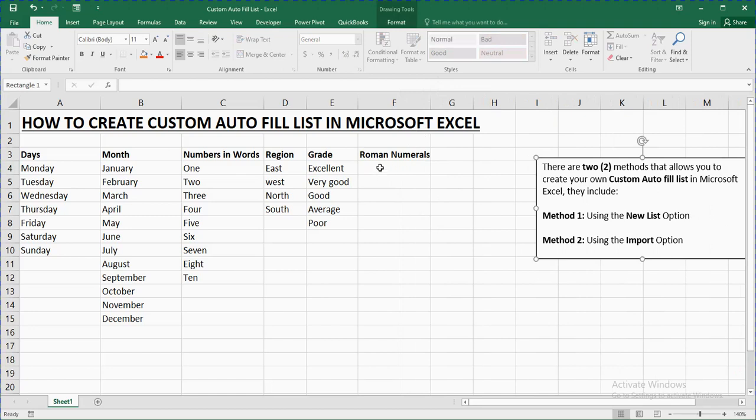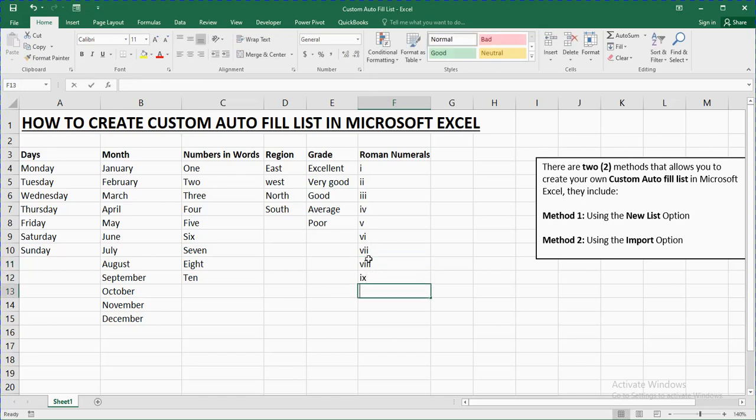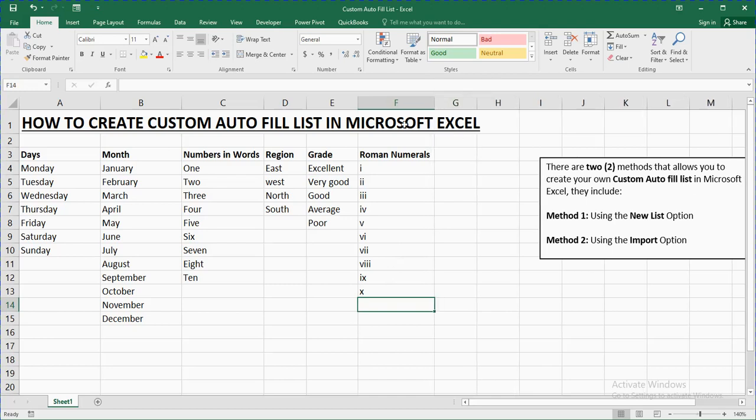So let's say I want to use the Roman numerals. I'll just say 1 i, 2 ii, 3 iii, 4 iv, 5 v, 6 vi, 7 vii, 8 viii, 9 ix, 10 x. So let's say I want to create the custom list for Roman numerals and